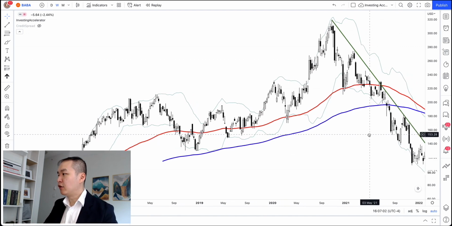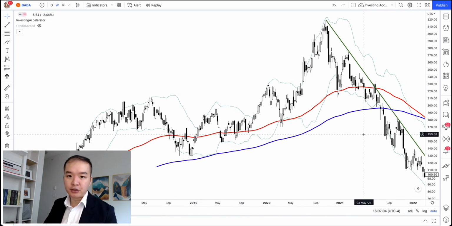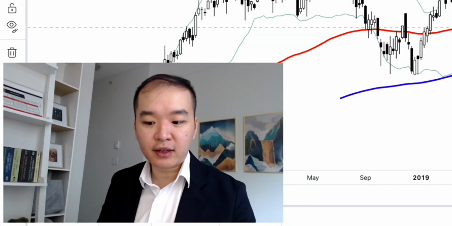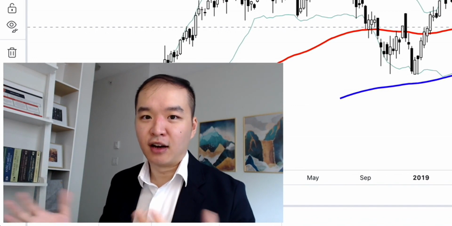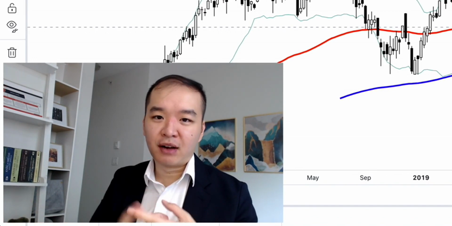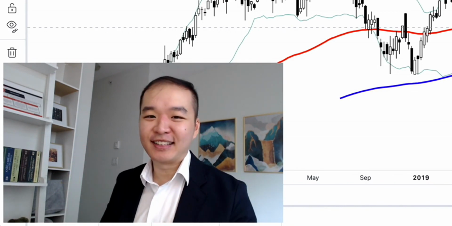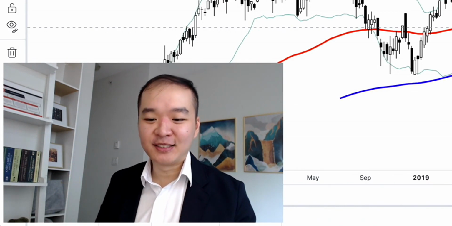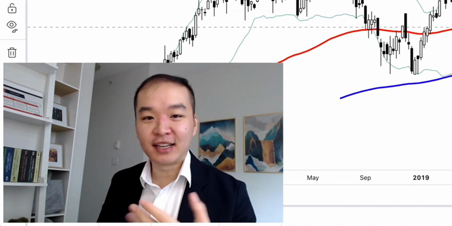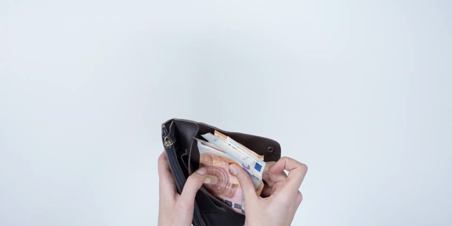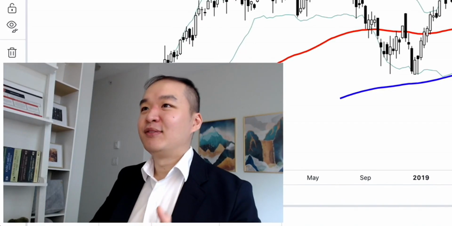And if you continue forward, it actually ends up going to 100. That is another 30% drop. Now, during this period, Charlie Munger, one of Warren Buffett's partners, also invested in Alibaba. That actually gave me confidence to invest in Alibaba because obviously, if I follow Warren Buffett or Charlie Munger, chances are I will make money. Now, having said that, one of my early investments was following Warren Buffett's disciple into a stock, and it ended up going bankrupt in 2 weeks. It's not always positive, even if you follow Warren Buffett.